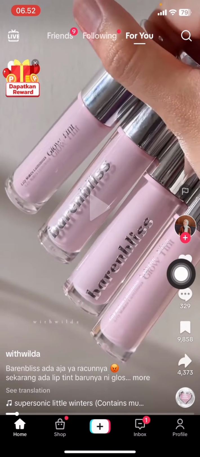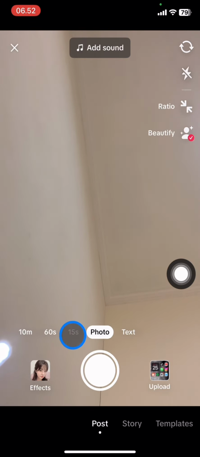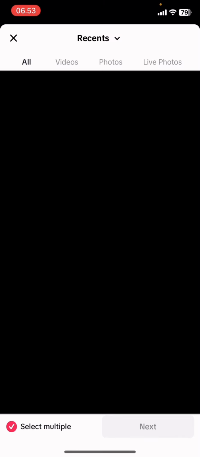Open your TikTok application and then tap the plus button to create new content. Next, you can take content in real time, a video or photo, or you can also upload from your photo library. If you want to upload, just tap Upload and then tap Videos, and then you just need to find the video that you want to use here,